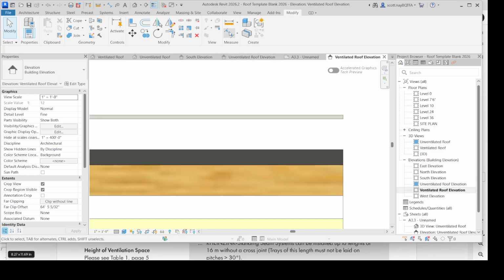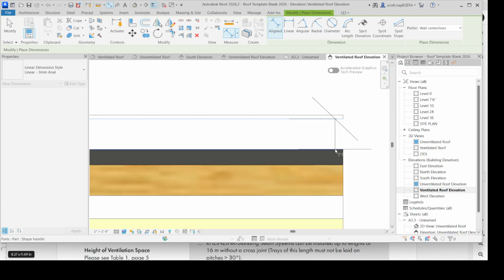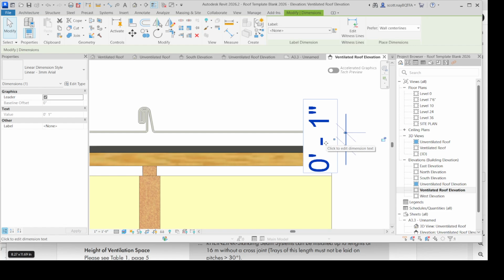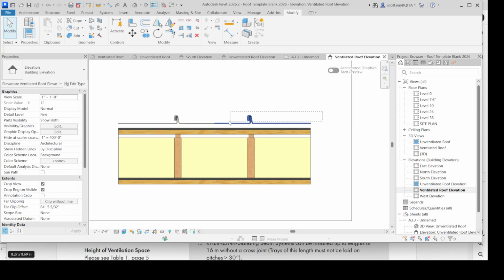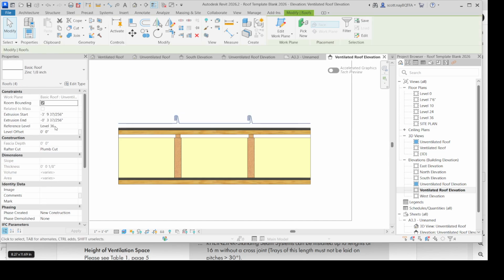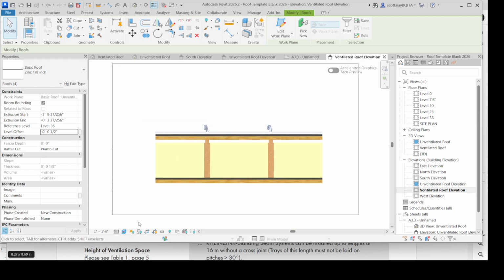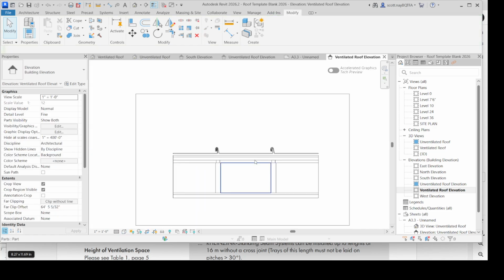I only want a ½ inch in between. And right now it looks like I got a whole inch. So I'm gonna go grab all this, and I'm going to do a negative ½ inch here. Okay, that's better. I'm going to go back to hidden line, and now it's a matter of rinse and repeat